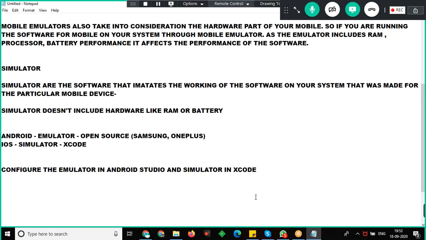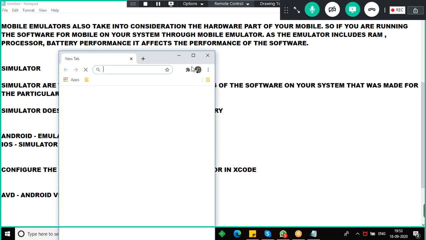To work on the emulator, you need to configure a virtual device called AVD, that is Android Virtual Device. You need to configure this Android Virtual Device in Android Studio. So before that, you need to download it. So what is the procedure to download it? You need to go to